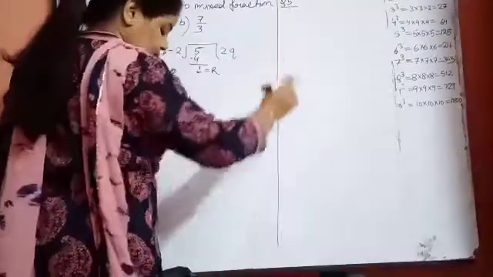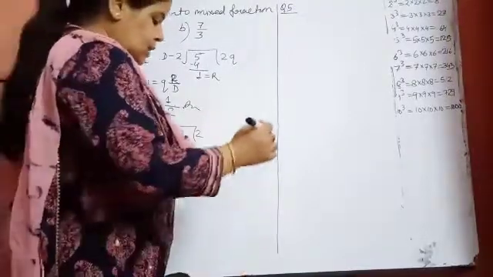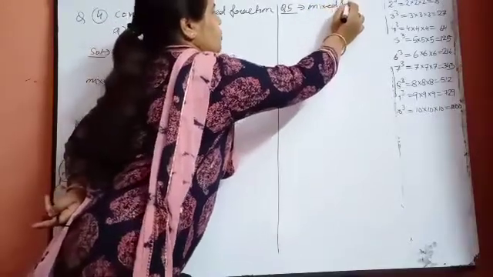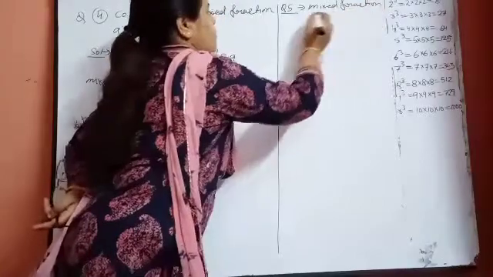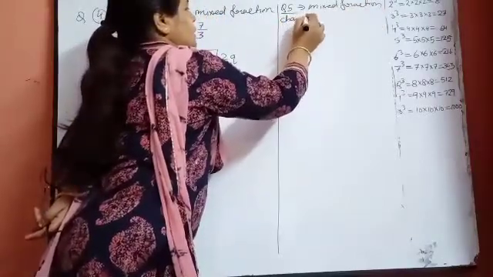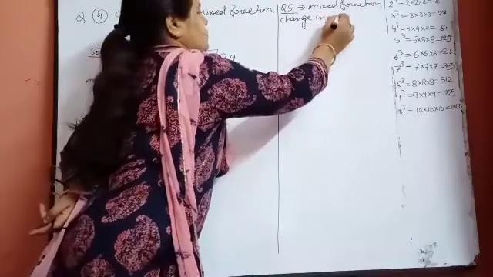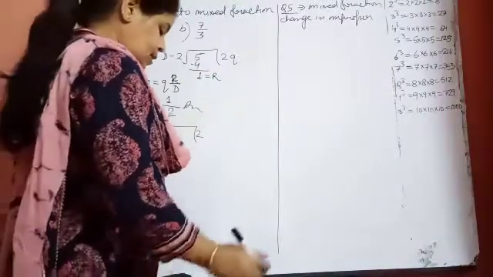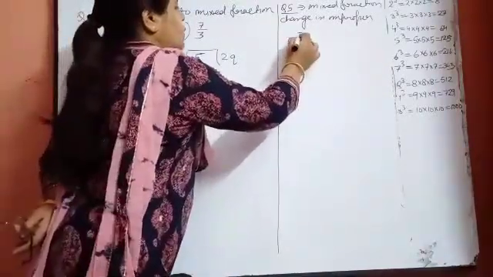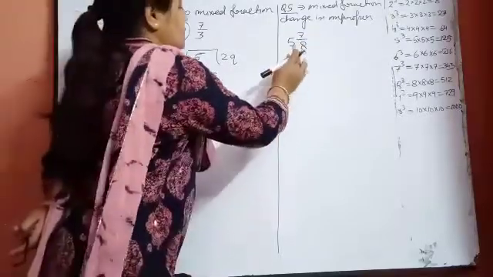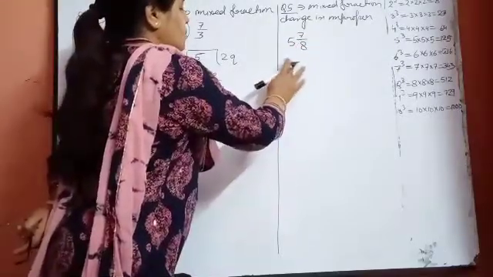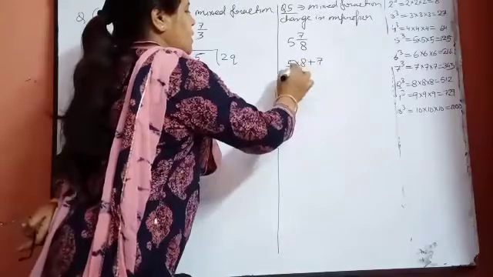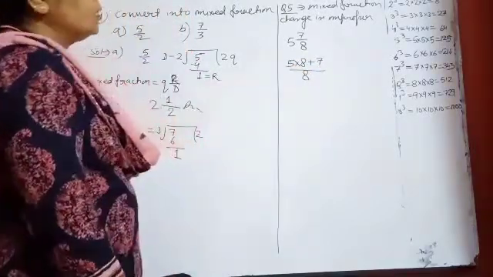And what is question number 5? In that question the problems are given in mixed fractions, and you have to change them into improper fractions. Now see that 5 7/8. How will we do it? You will write divisor, means 5 into 8 plus 7/8. In this way it can be converted.